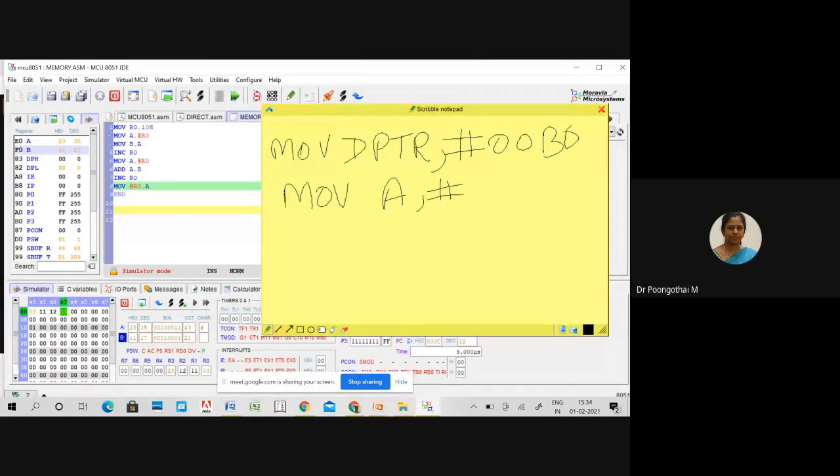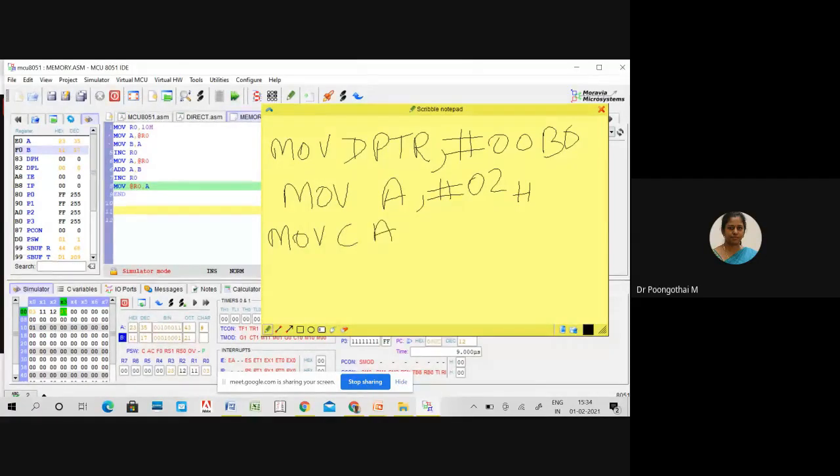So what instruction is used to access your code memory? In the morning class I have explained that. What instruction is that, to access data elements from code memory? MOVC. So MOVC.